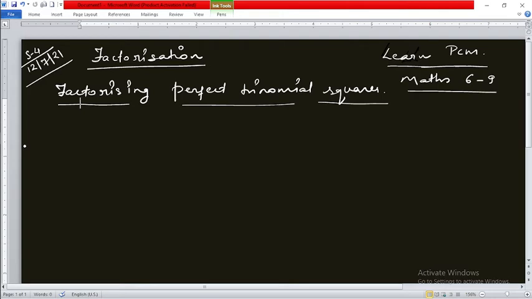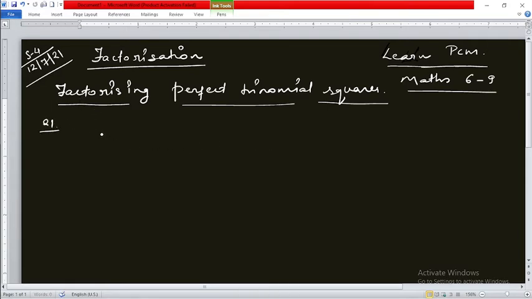Okay, so here, as I told you, I have already explained to you about the trinomial, perfect trinomial squares. Let me use that as an example, so that you can try to find out whether the given expression is a perfect trinomial square or not. For example, I'm giving a few of the questions. Okay, so let's start. Say you are having question one.